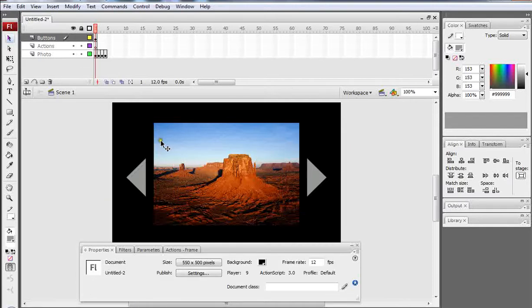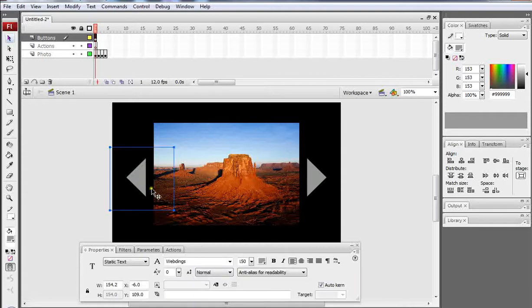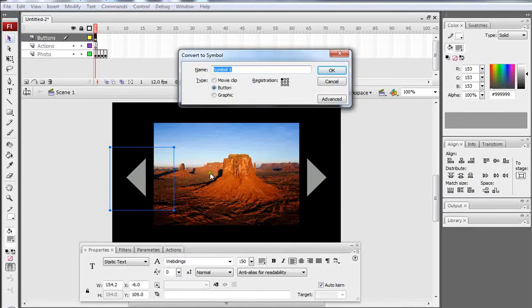Okay, buttons are done now. Now what I want to do is make these into an actual button that we can click. So to do that, I'm going to select this back button here. It's important you make sure you don't select both buttons, just select the one. Once you've selected it, selection tool, click on the button. Once you've done that, press F8 on your keyboard, and you get a box up like this. You need to select the type, which is button. This is my back button, so I'm going to call it BBTN for back button. Doesn't matter what you call it, but you need to remember what you've called it. Once you click OK,